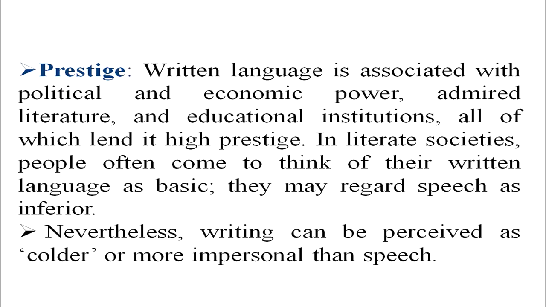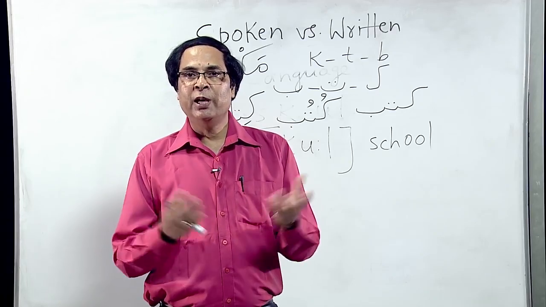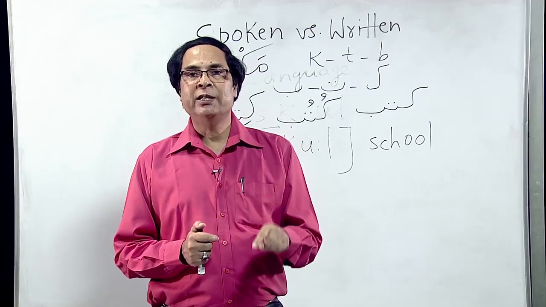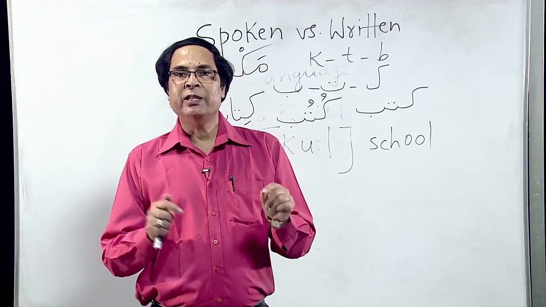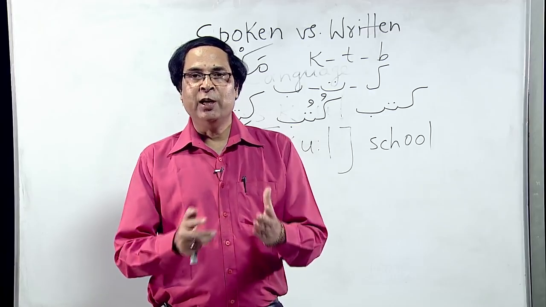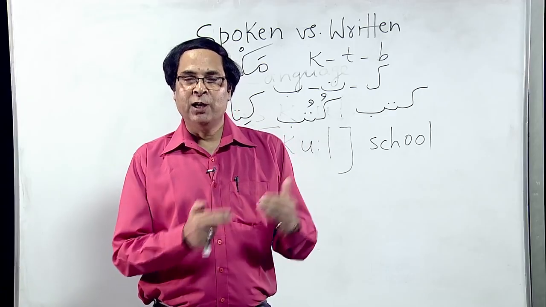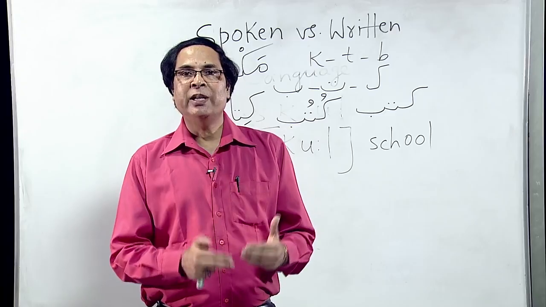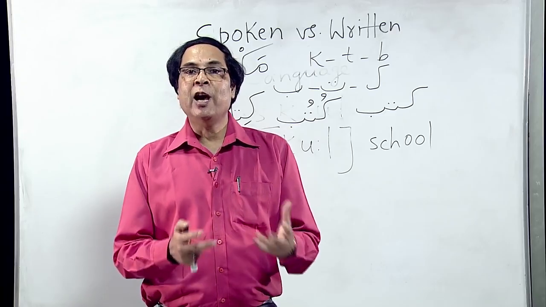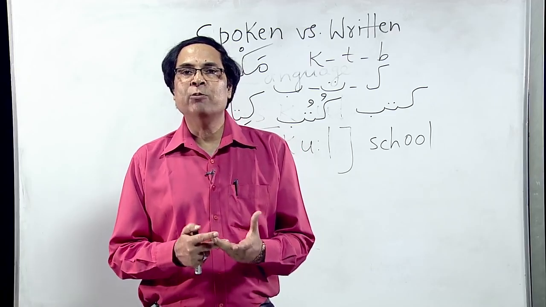So because something is written, language becomes visible. Otherwise, spoken language is abstract. We don't see the sounds coming out and the words, so they are invisible. That's why many societies think that only if something is written is it language. If they have a grammar written, a dictionary written, some storybooks written, then they think they have a language. And if they have an individual indigenous script, then also they think they have a language, and that is more prestigious. If it's only spoken, then they don't attach so much prestige to it.